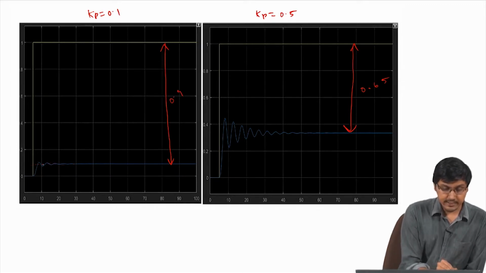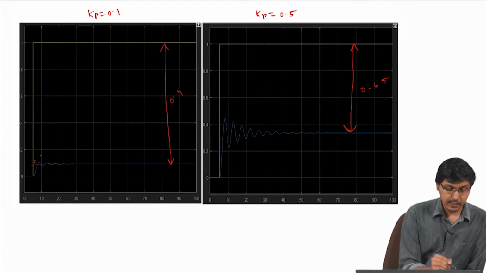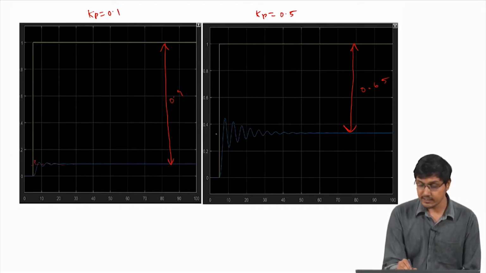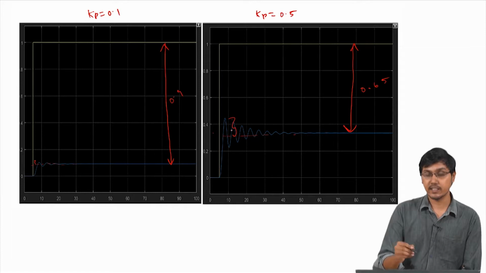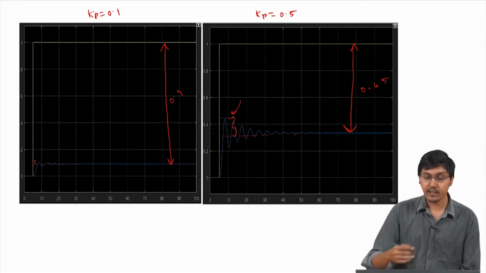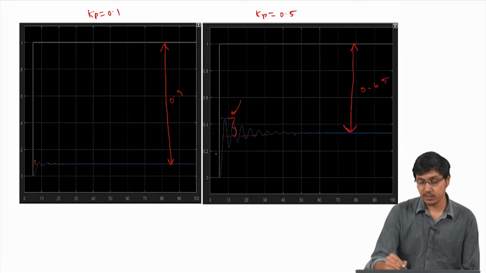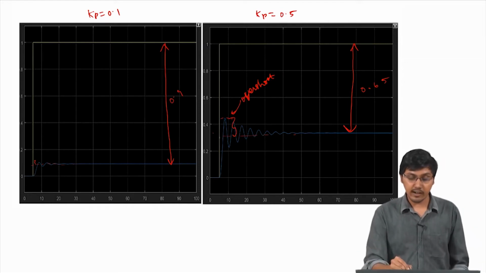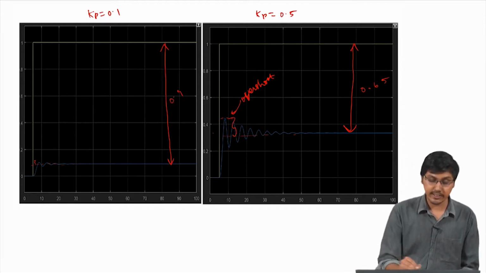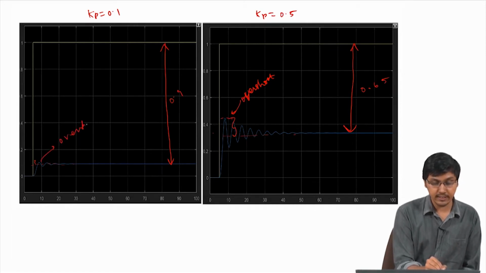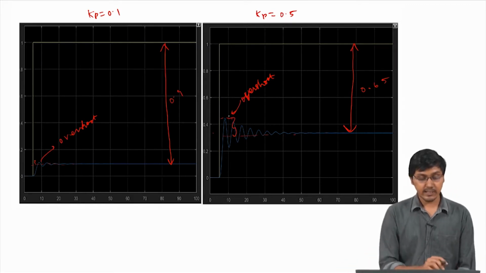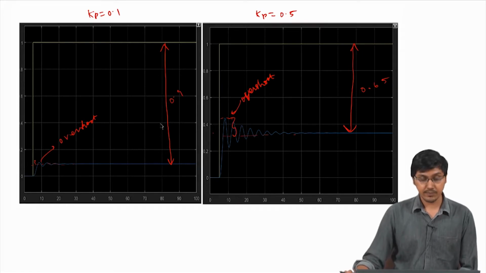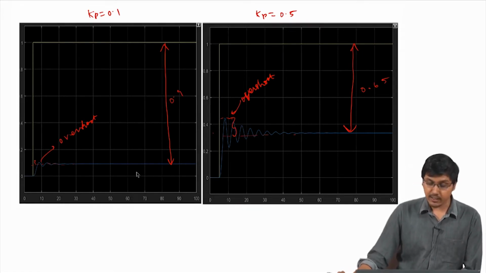This is the final value, and the response has crossed the final value by this particular quantity. This is the final value where it is settling, and this is the value by which it has crossed initially. This initial peaking is called the overshoot: it shoots past the final value, goes over it and then comes down. So, this has also increased. Here the overshoot is a very small increase, and here the overshoot is very high. These two things we can very easily observe from these pictures.